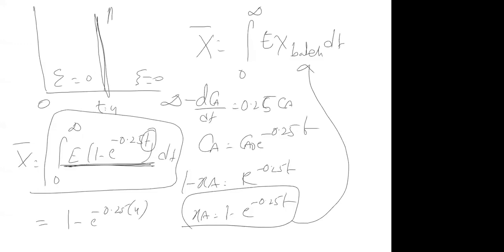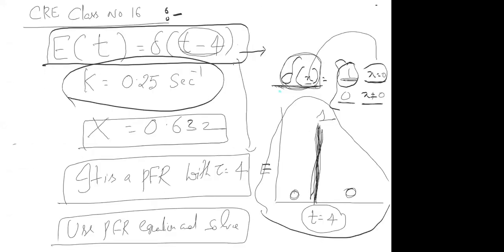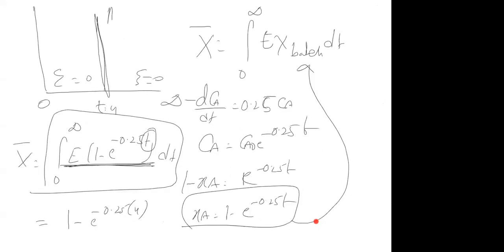So what is the delta function? When the argument inside delta of x becomes 0, its value is 1. When it is not equal to 0, its value is 0. Now delta of t minus 4: when t equal to 4, it becomes 1. When t is not equal to 4, it becomes 0. So with this, chapter 4 is completed.